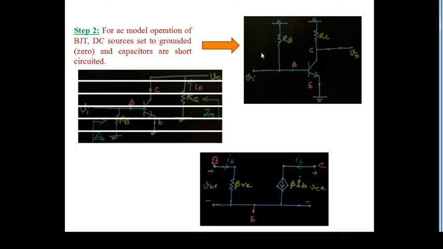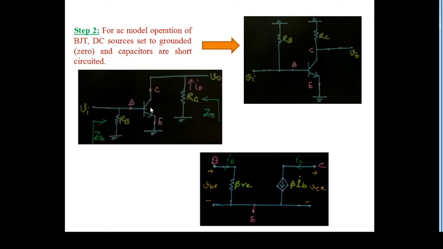So now again, this can be redrawn as this one, RB, grounded emitter. Now I am drawing like that, RC, and this voltage becomes V naught, I naught. So this one becomes the input impedance from the input side, and from the output side this one is the output impedance. Okay, very simply, first we have to go for the DC analysis.